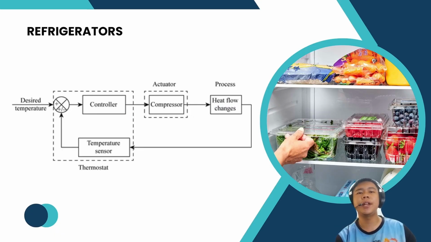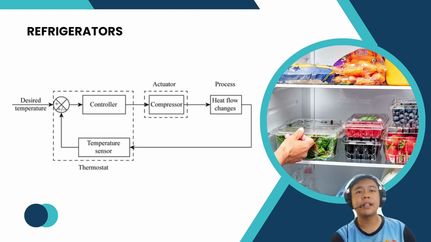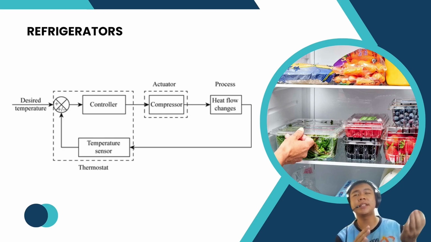First thing first, we have our refrigerator. For your information, inside our refrigerator, we have a thermostat. So we're gonna set our daily temperature on that thermostat. After we set our daily temperature on that thermostat, it will go through our controller. We will process the information and it will actuate the refrigerator, which is our actuator is our compressor,